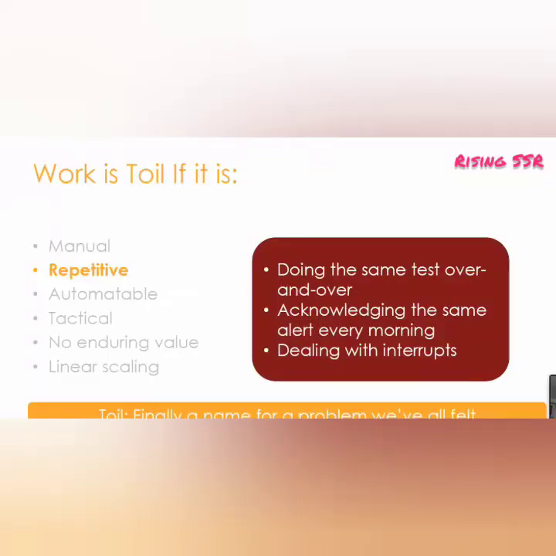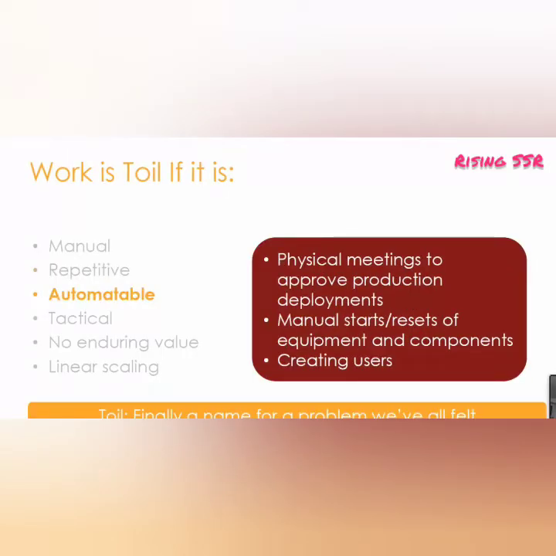The third thing is anything which is automatable, but we have not automated that, is a toil. So anything which is automatable is always a toil. An example in this slide is physical meetings to approve production deployments. I'm very sure that most of us would have gone through this pain or are still going through this pain, right? We have got the CAB approval process, right? So in the CAB approval process, a lot of people flock together. There are a lot of people who have no awareness about a particular